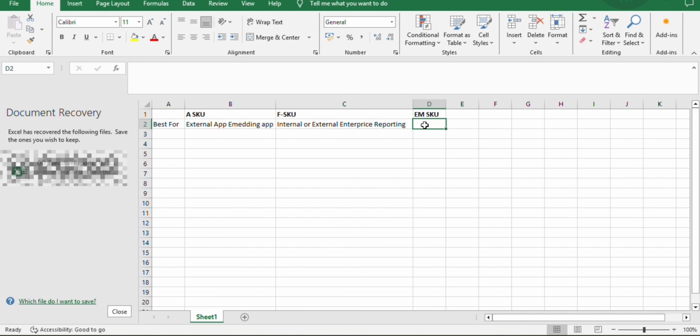Okay, for the EM SKUs: SharePoint, Teams, and embedded. Okay, for the internal: SharePoint and Teams. Okay,